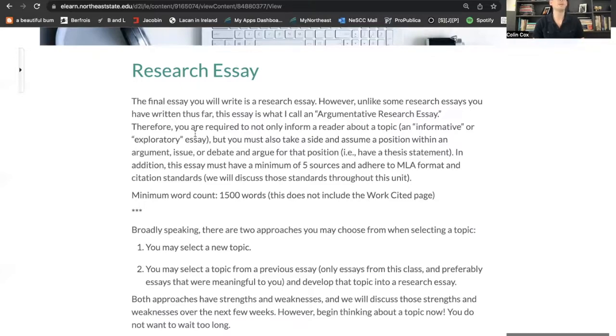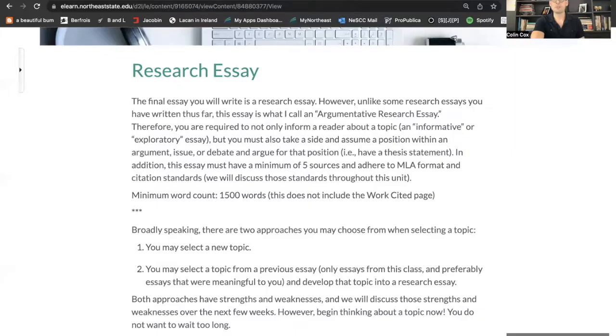But what I basically want you to imagine is this: if you want to explore something new, that's great. You can do that. But if you have a topic that's perhaps sat with you throughout the semester, something you wish you could explore in more detail, this would be the perfect opportunity to do that. So again, the prompt is here on D2L throughout the semester, and throughout this unit, really. So return to it as often as possible to receive clarification about any of the particular requirements that I have for you throughout this unit.